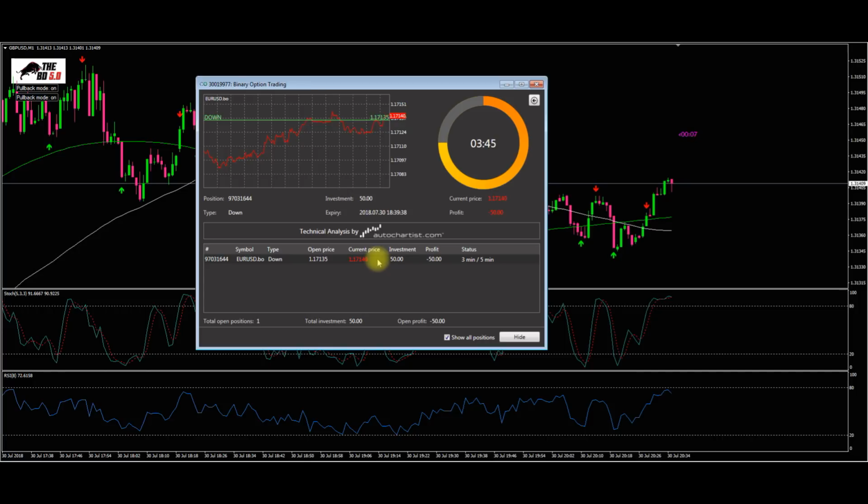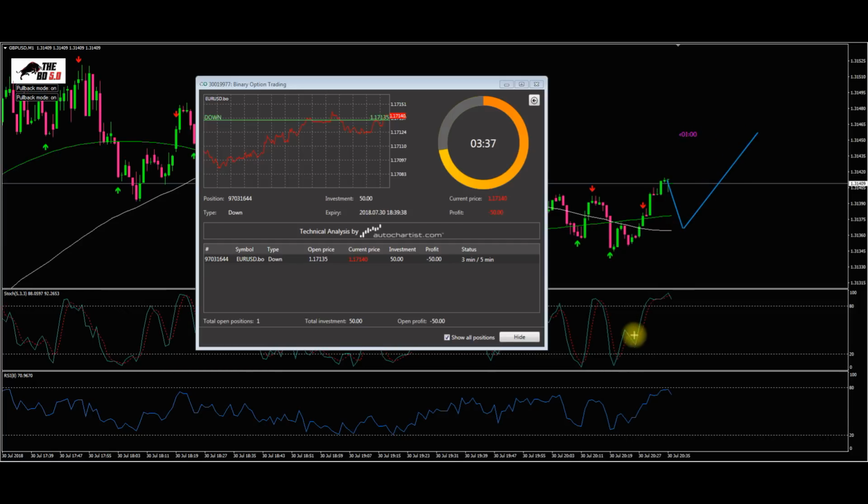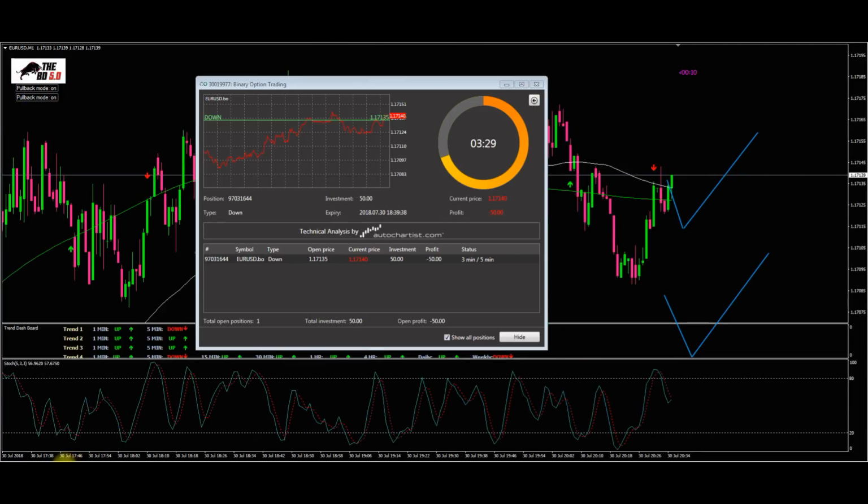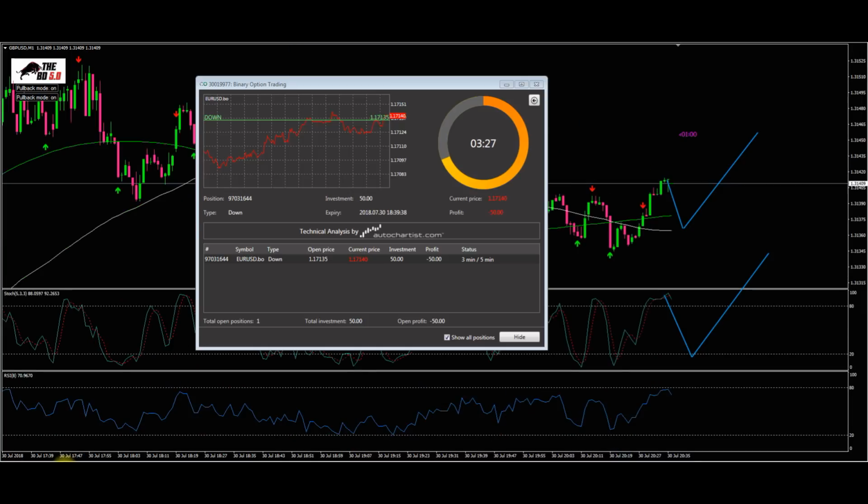So I'm waiting for GBPUSD. This is what I'm waiting for to happen on GBPUSD: trend down and then shoot up. Something like that would be nice. And then the stochastics will do exactly the same. But we'll see what happens. What I'll do is I will pause the video at